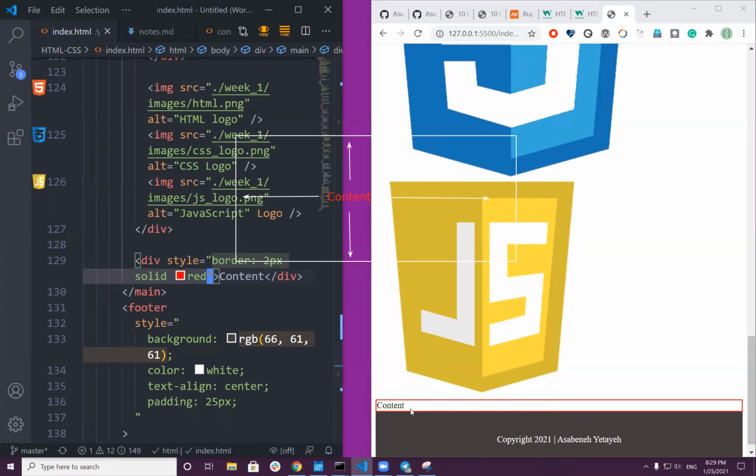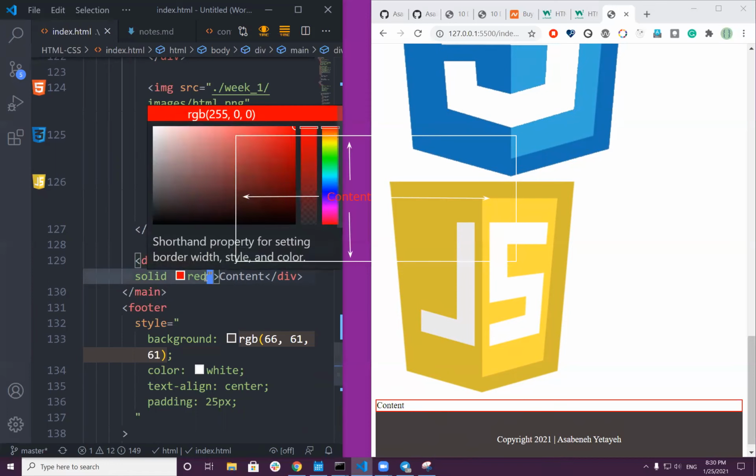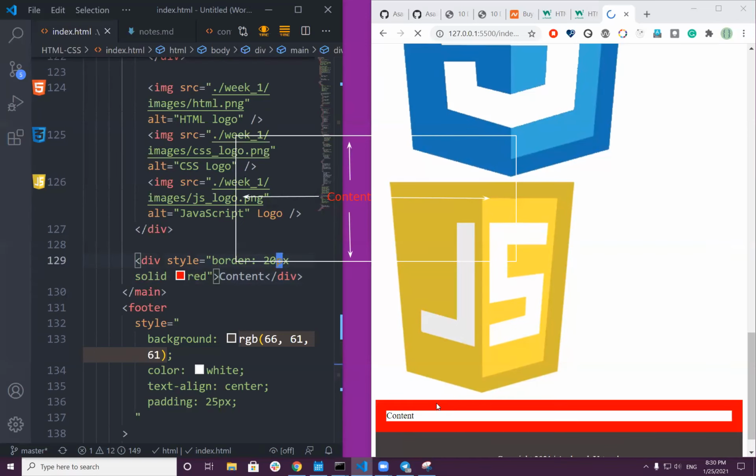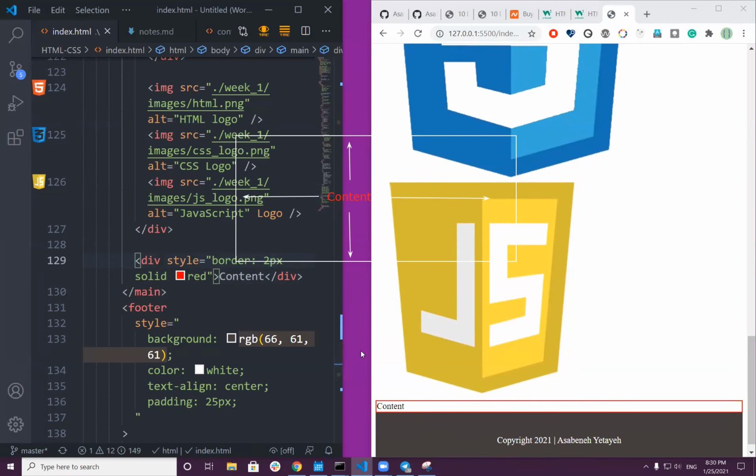So now we gave it a border. How can we add padding? As you can see, whenever you apply a border, you have to mention the thickness of the border. If you give it 20, it will be really big. Have you seen? Oh, it's so thick. But 2 is fine. Now let's give it